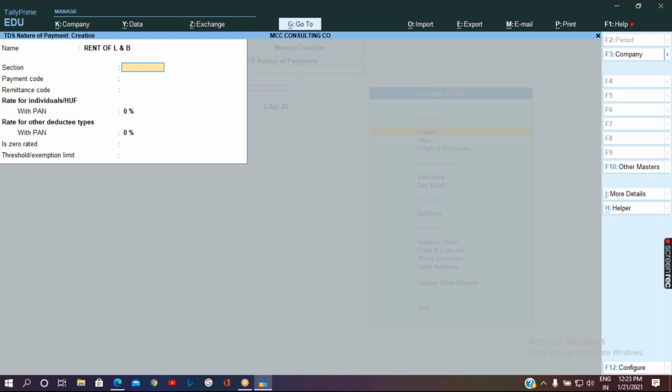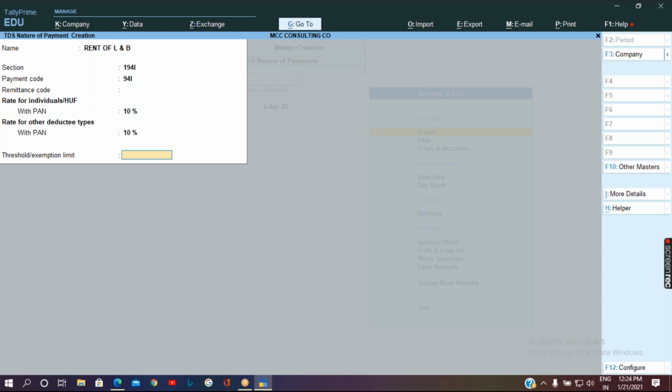So the section number is 194I and the payment code will be 94I. The rate for individuals or HUF with PAN here is 10%. Even for the other categories, other deductee types also, 10% is applicable. Then here threshold or exemption limit.